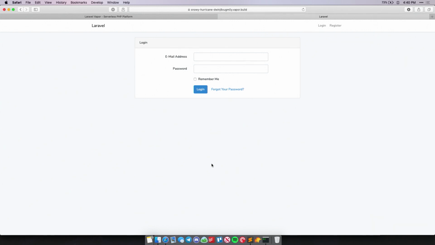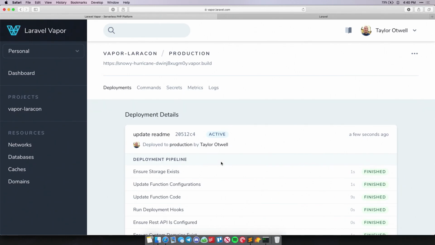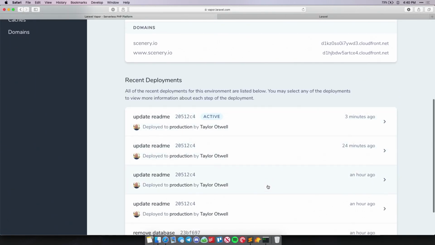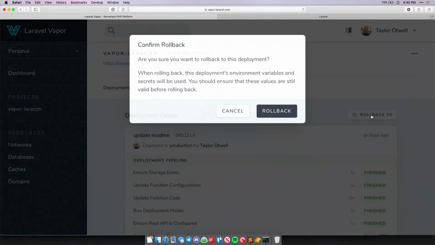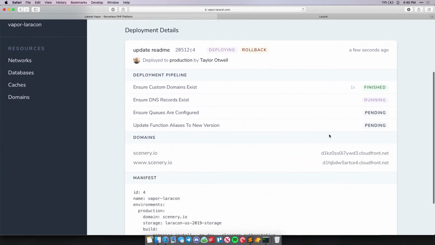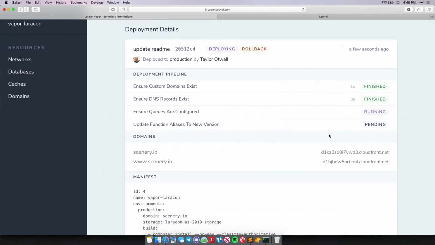All right, what if we want to roll back a deployment? We can actually do that right in the Vapor UI. So if I come to an environment and I take a look at my recent deployments, I've been doing a lot of test deployments backstage because I was making sure everything was working. And say we want to roll back to this deployment right here. We just click on the deployment, roll back to, roll back. That's going to start a fresh deployment. It's going to run some steps. And boom, we're already rolled back atomically with no downtime.